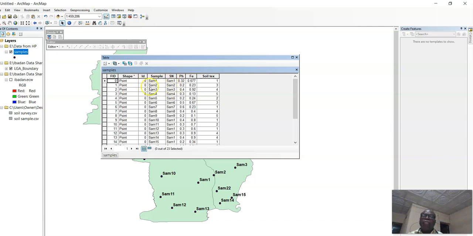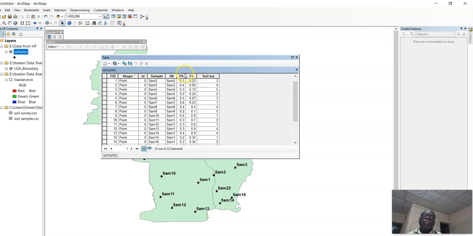So the name will tie the data. And now that you have brought in your database from Excel or whatever, it can be on Access, or any other flat file or spreadsheet file or any database file, you can bring it into the GIS environment and link it with the common reference rows.